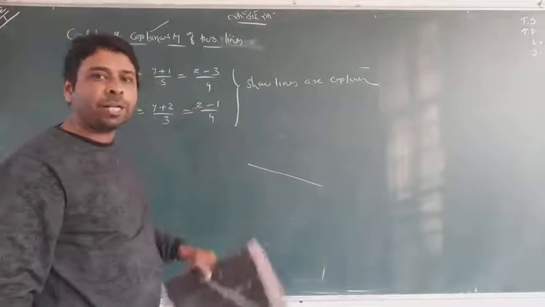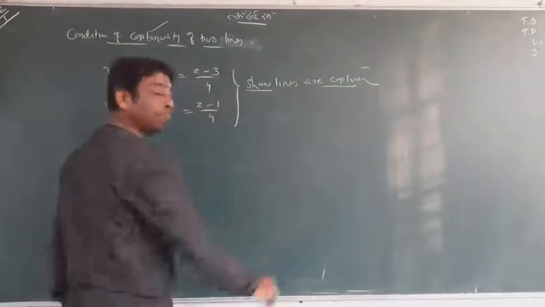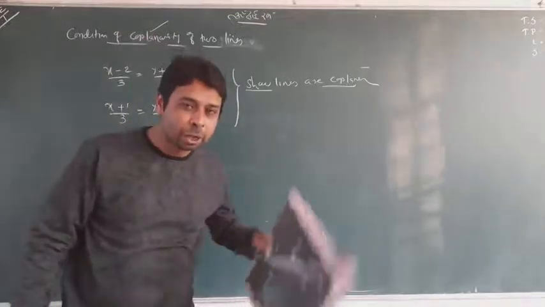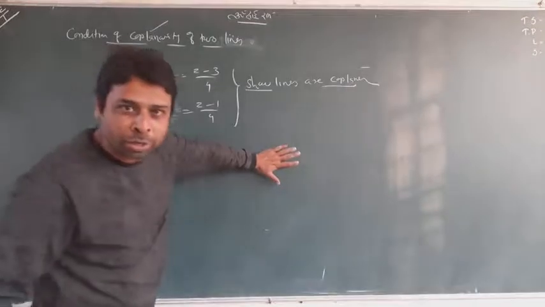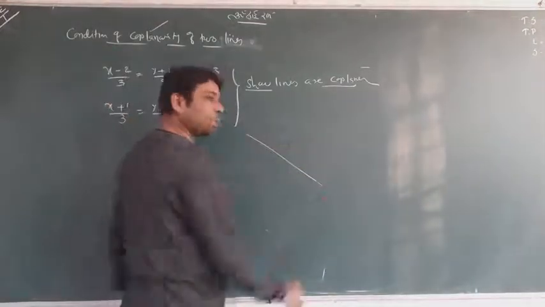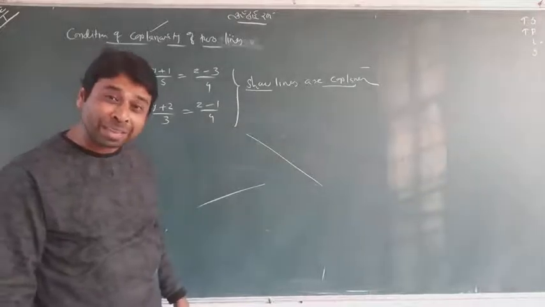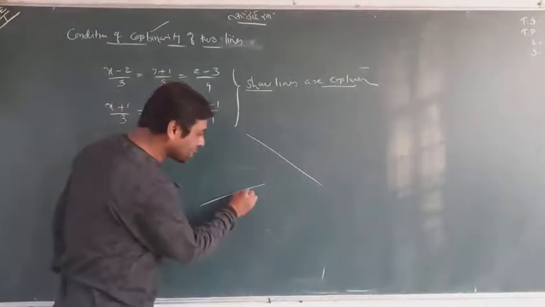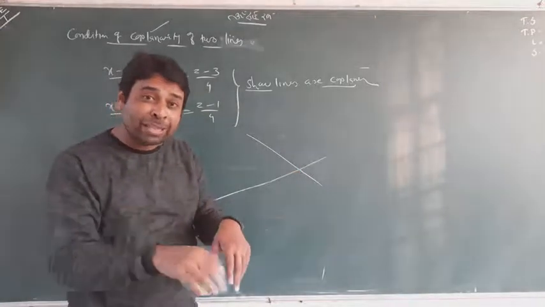That is what I am trying to tell you: we have to show the lines are coplanar, meaning the lines are on the same plane. So I am now keeping this board here. Same plane means my same board. This is my first line, this is my second line, and now they are lying on the same plane. Now, if you produce this, what do you think? If they are lying on the same plane, they will intersect.